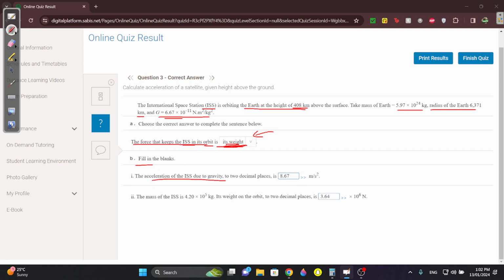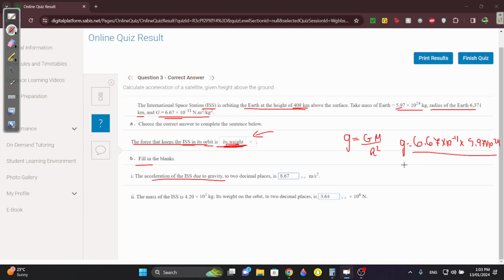Part B, the acceleration of the ISS. Okay, acceleration is g equals big G times m over r squared. I told you, let's substitute first. Big G is 6.67 times 10 to the power of negative 11. The mass is 5.97 times 10 to the power of 24